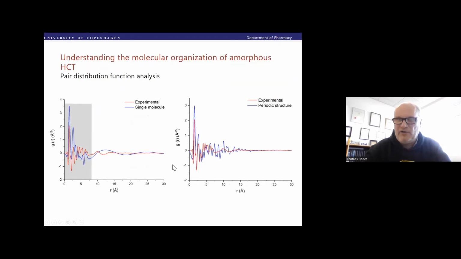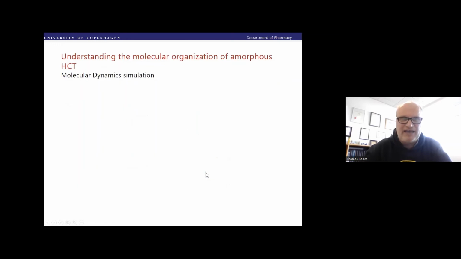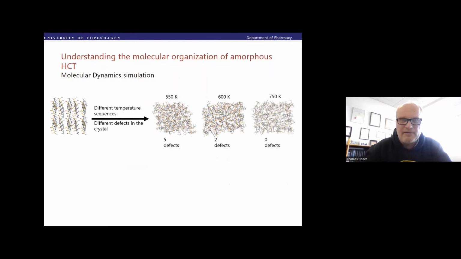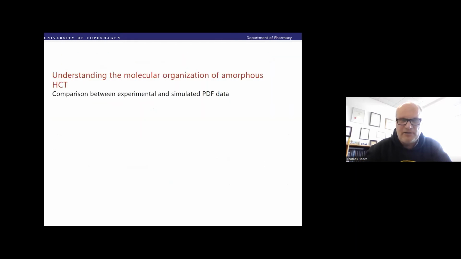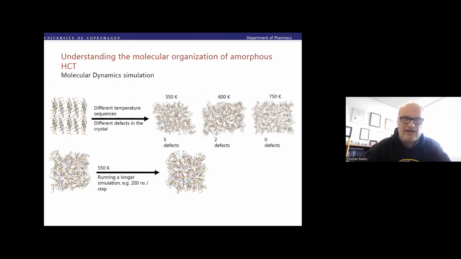the similarity of the single molecule's PDF and the experimental PDFs is not very good. But if we are looking at a periodic structure, so at many molecules, then we are seeing that our models are getting closer and closer to reality. And here I want to show you a little bit. So then we can make the material amorphous in the molecular dynamics by